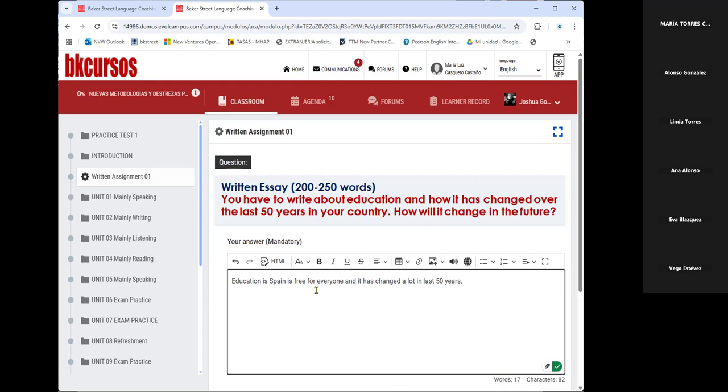The first sentence, we're feeling comfortable and thinking, right, now what are we going to do? Well, if it's saying, how has it changed in the last 50 years? We think maybe first we'd have to write in the past, education was, I don't know if this is true, okay? Controlled by the church. Maybe, okay? And we can write something about that.